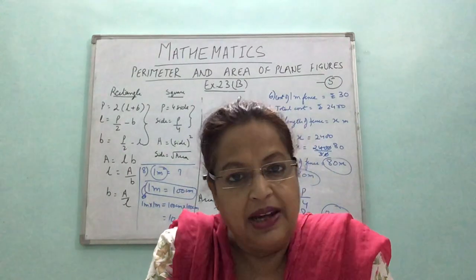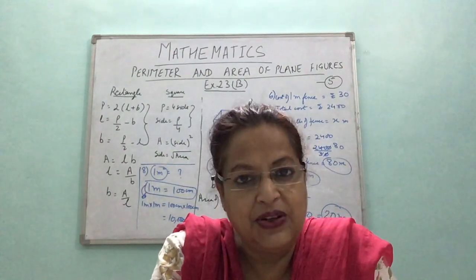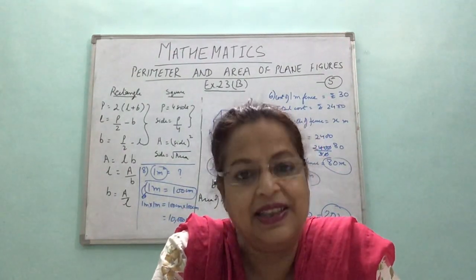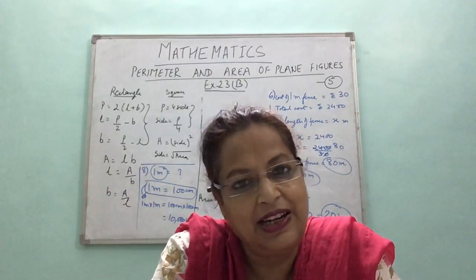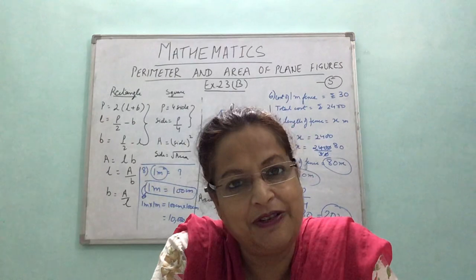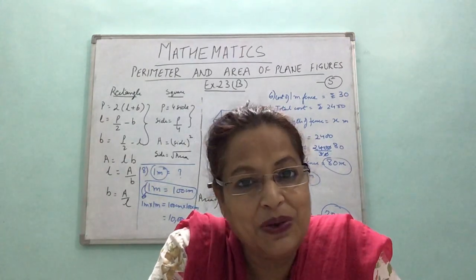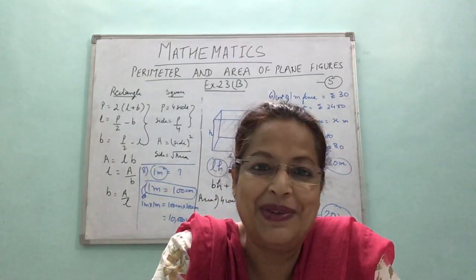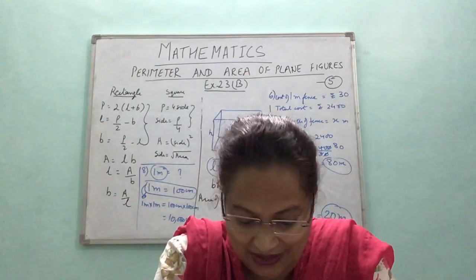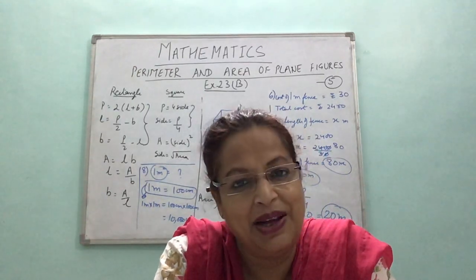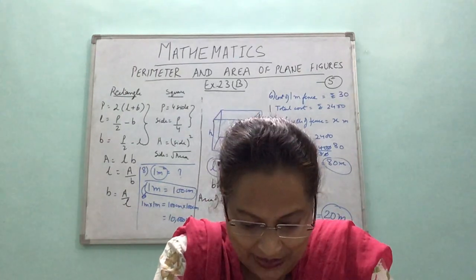The first question. The area of a rectangle is given 120 centimeters square, right? And its length is given 15. So what is the breadth? Now we know breadth is area divided by length. 120 by 15, how many meters? 15 goes how many times in 120? 8 times. So what is the breadth? 8 meter. What is the answer here? For the first part of mental maths, 8 meters. Okay.